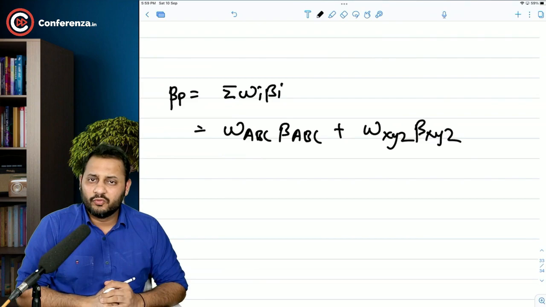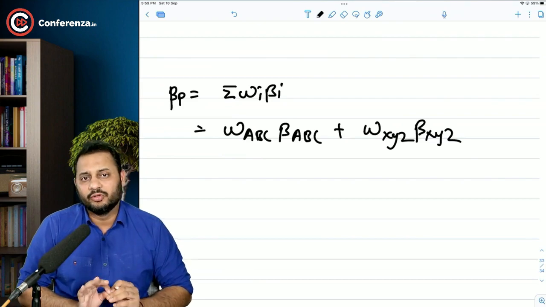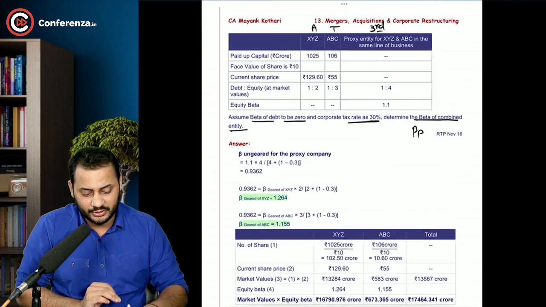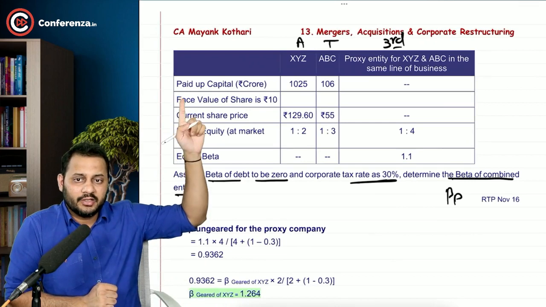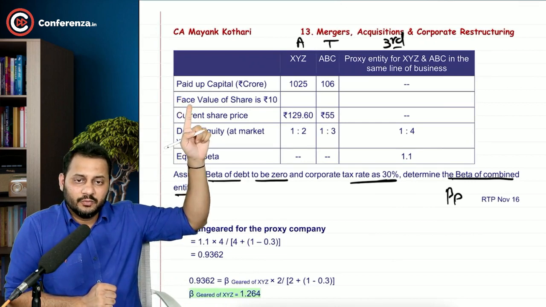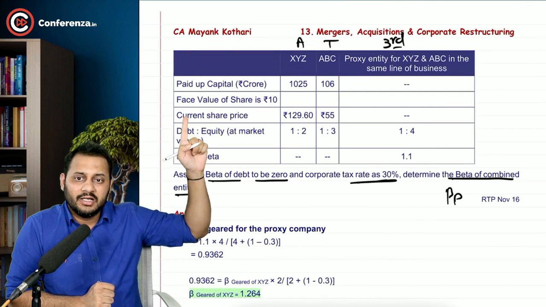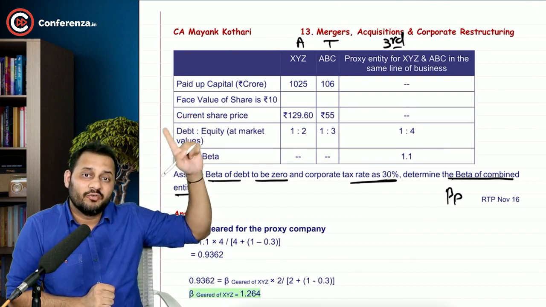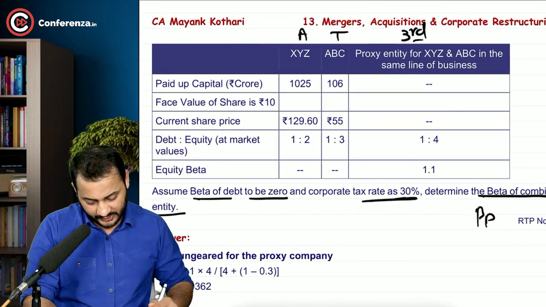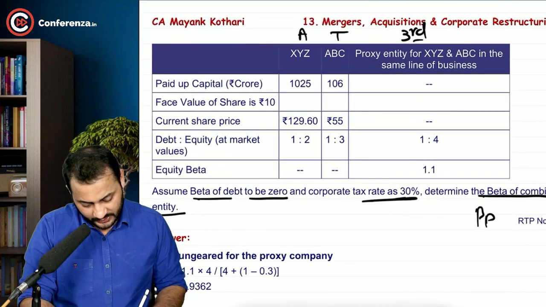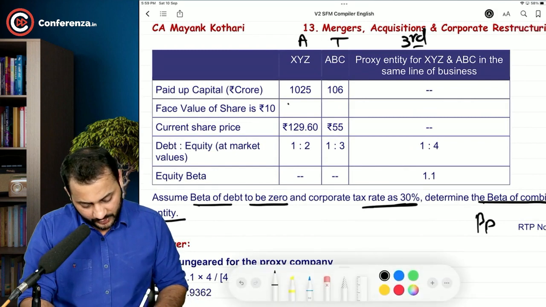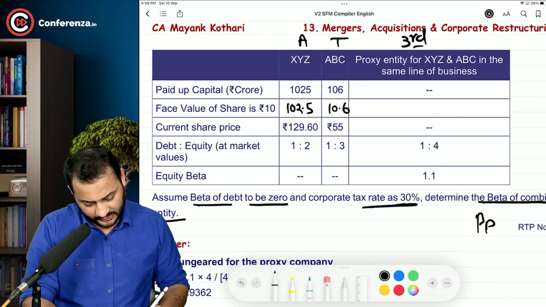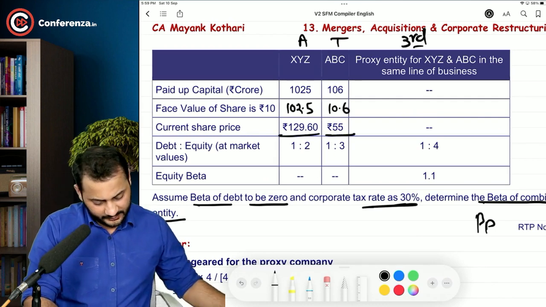First of all, let's focus simply on the weight of both the companies. How to calculate the weight, I will show you. You have the paid up capital divided by the face value. You will get the number of shares, multiply it with the current share price. You will get the market value of each company. Let's try doing it. So the number of shares will be 102.5 and 10.6. Okay, and once we multiply it,